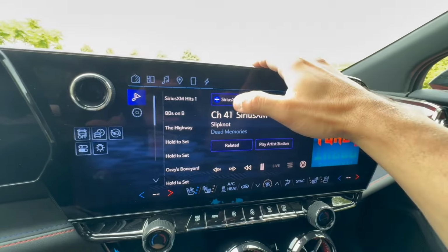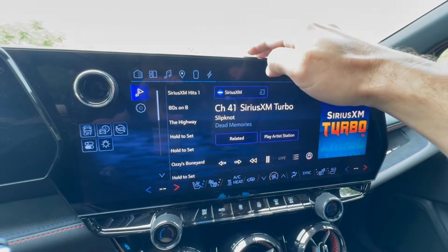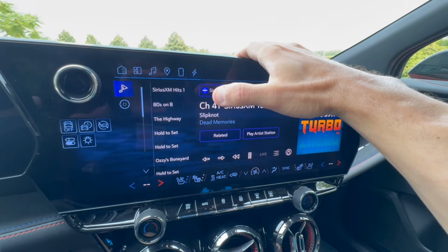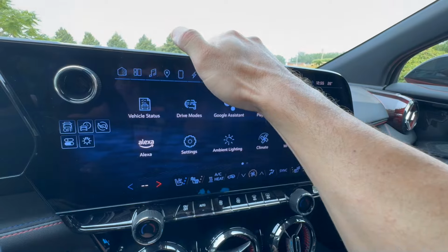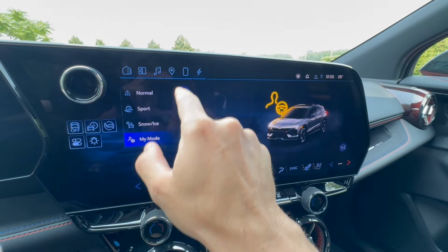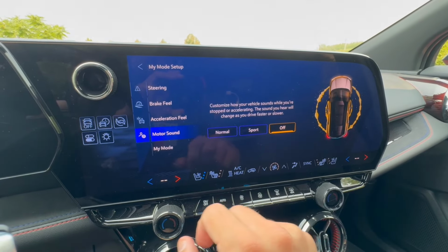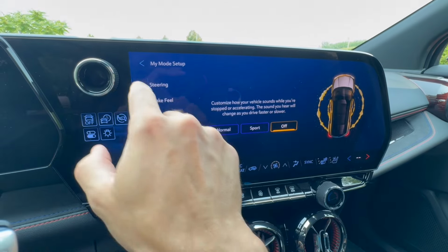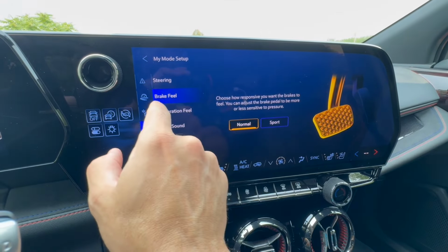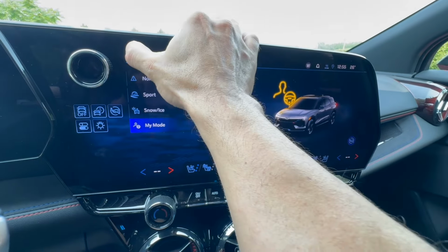The thing with the 17-inch display, and I drive very close to the steering wheel, is this is very unfortunate because I like to steady my hand and then select my menu and then go, for example, to drive modes, and there they are. So now you know I've configured my mode. And this is another thing too, motor sound, as you can see, is off because I hate these fake noises. Steering is on normal, brake feel is on normal, sport feels so off. And obviously you want to have a little bit of fun. But yeah, this, see,